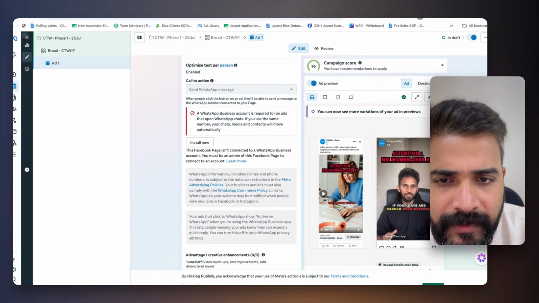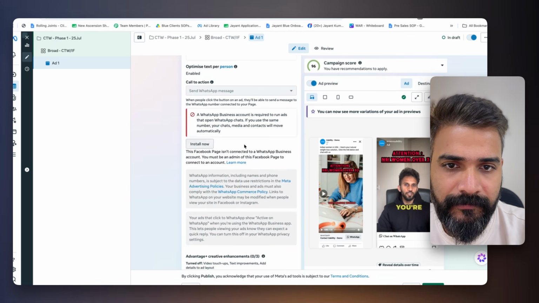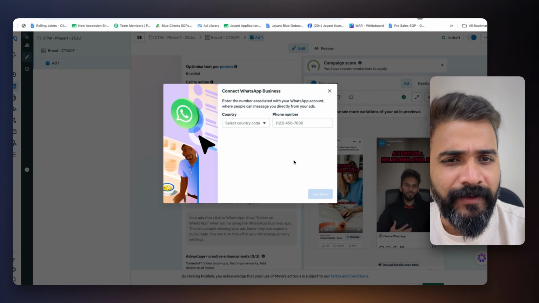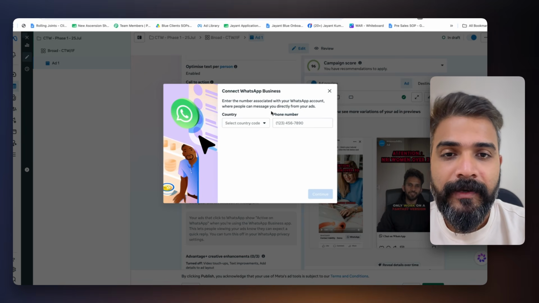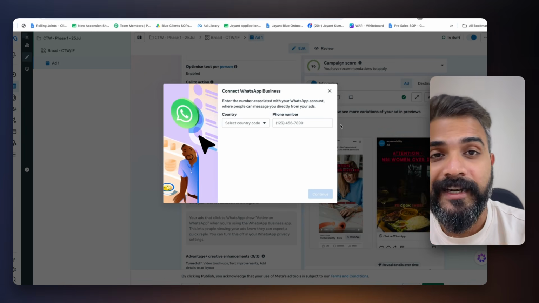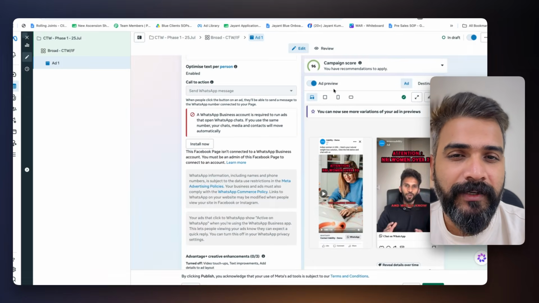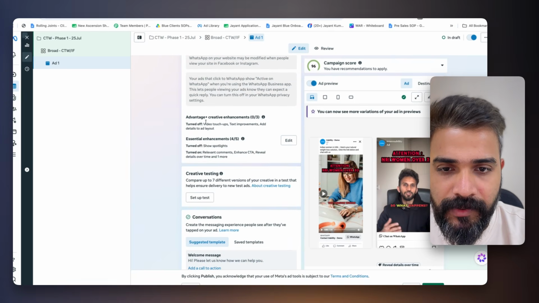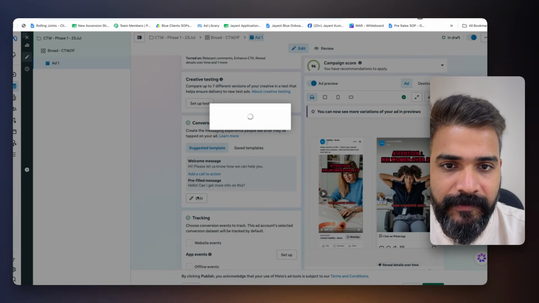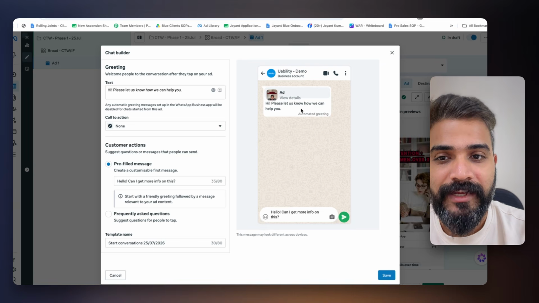Why does it say I already have a business account installed? Anyways, oh yeah, you have to add a business account. I thought I already had one installed, but okay, not a problem. If you really want to make it work, you can use either an Indian business number or a US business number. You can even use a virtual number if you want. Okay. So here we scroll down a little bit more. There is a conversation that comes up here. Now, when they click on that ad, there is a full-on conversation that they can actually have with you.